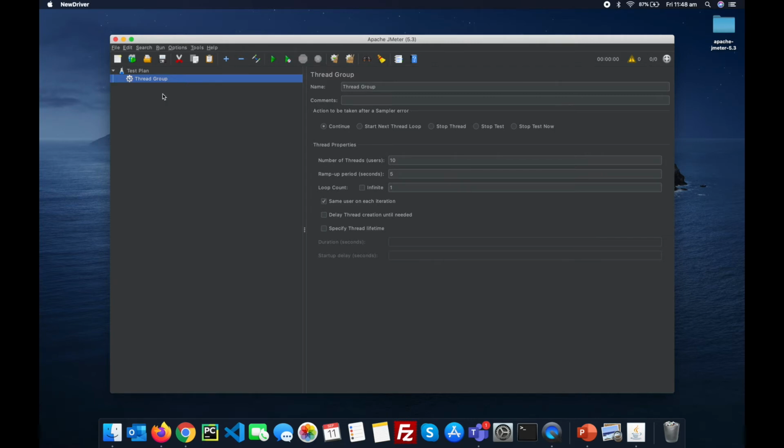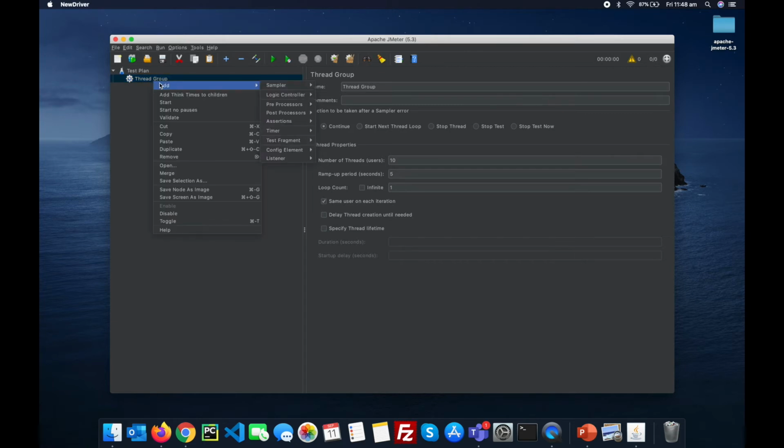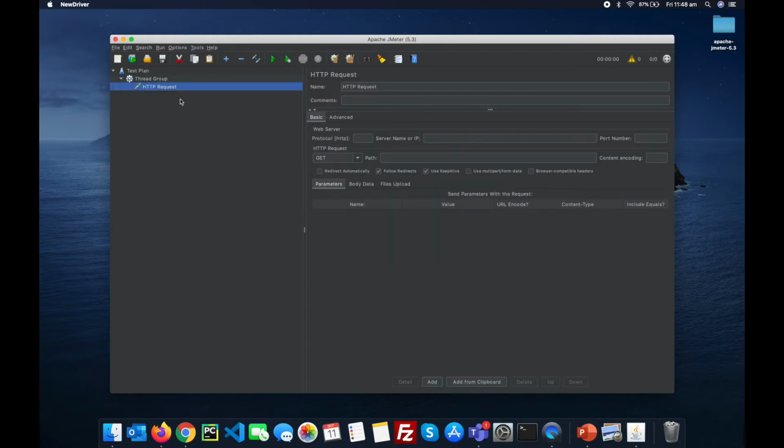The next thing we're going to want to add is a test step. So if we right click and click add, they still have to be in the thread group, as we're indicating that this test step is for this set of virtual users. We want to click add, sampler, and HTTP request. So we're going to just land on a generic website. The website we're going to be using is